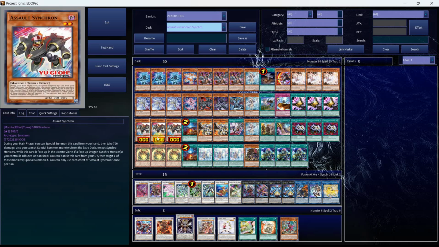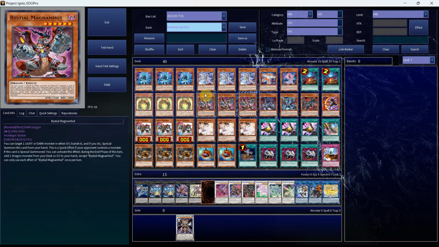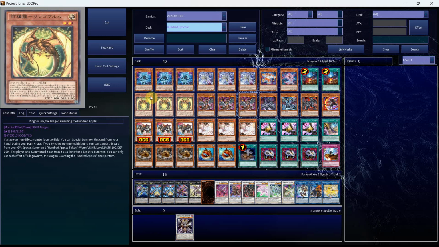With your generic tuners that you have here, you have the Small World, which kind of bridges you into all that stuff. And for the TCG, I'm just really not feeling it. As compared to the 40 card version, you have what feels like a decent room for flexibility while playing the cards you absolutely have to play. But with all of that out of the way, I'm just going to get onto the card by card,